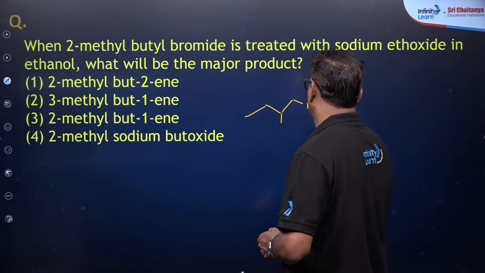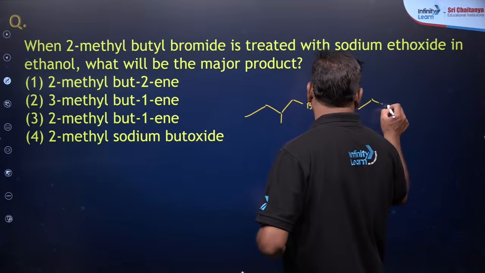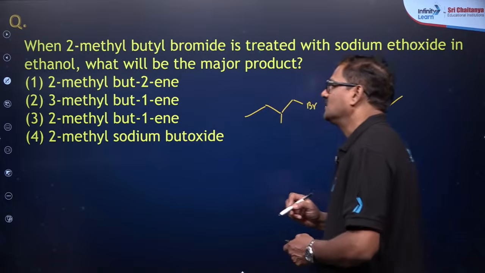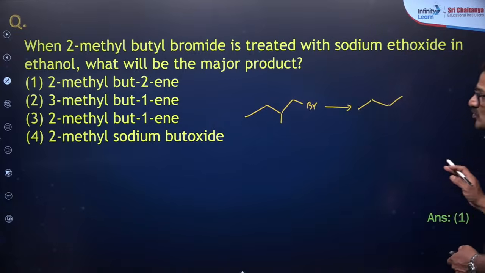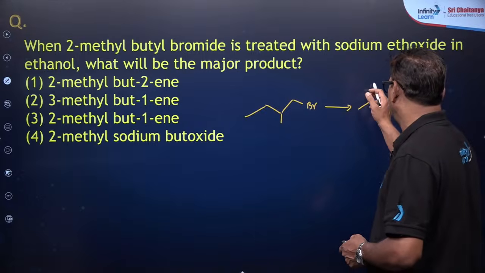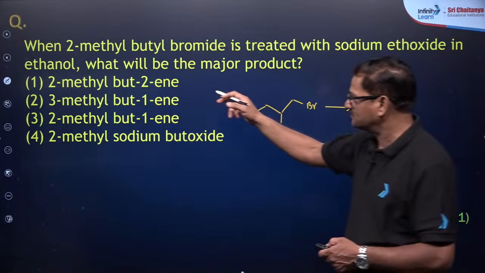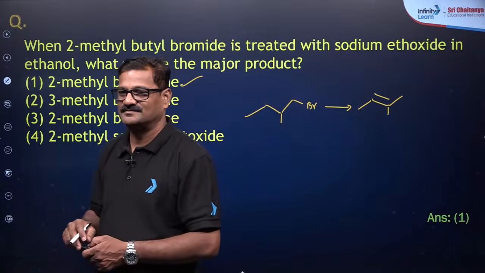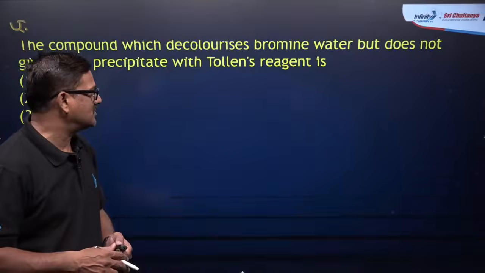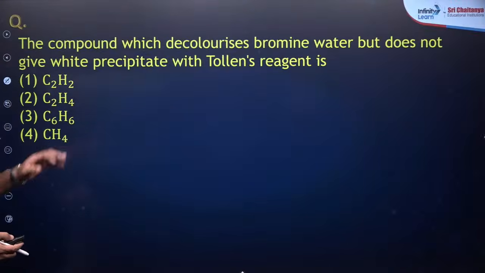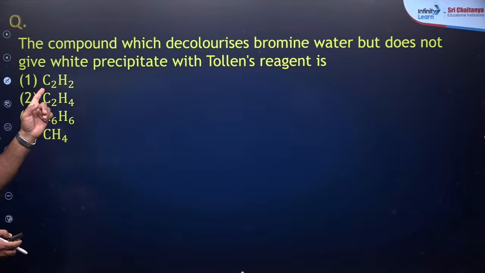2-methyl-butyl bromide, you are going to see the formation of this. The answer is going to be 2-methyl-but-2-ene. Okay, the answer is going to be 1. And one more question here: the compound which decolorizes bromine water but does not give white precipitate with the Tollens